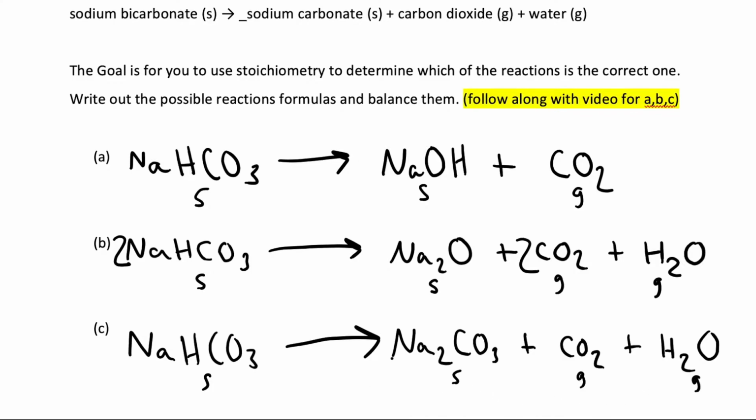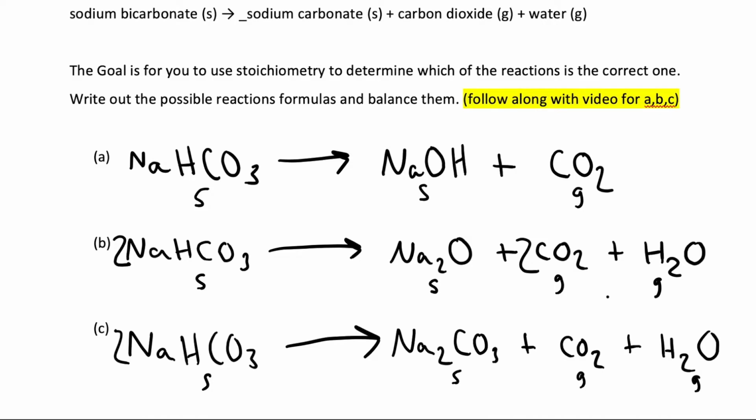All right, checking for balance. 2 Nas. Oh, got to put that 2 out here. Check that. All right, 2 H's. Got 2 H's. 2 C's. 1 C, 2 C. 6 O's again. 3, 5, and there's 6. So in this one, just needed a coefficient 2 out front. Okay? All right. You're going to need these